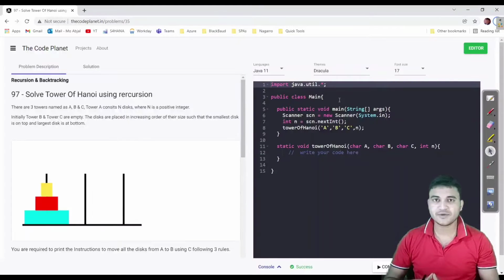If you are directly coming here, then there are two videos which I would recommend before getting started with this video. One is the first video of recursion, and the second is just prior to this video, which was Fibonacci series using recursion. Those two videos are a must to complete this video, because we have started another type of recursion which has two or multiple calls in our recursive function.